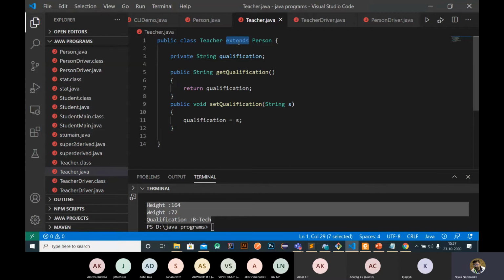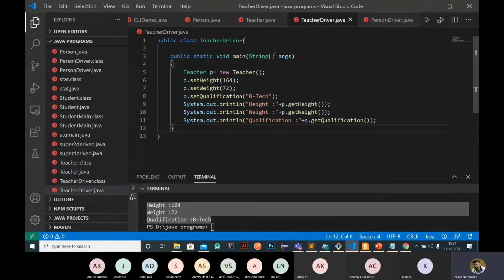Teacher driver is simply one class. Driver means the class having the main function, because here in this main class we are using an object of teacher.